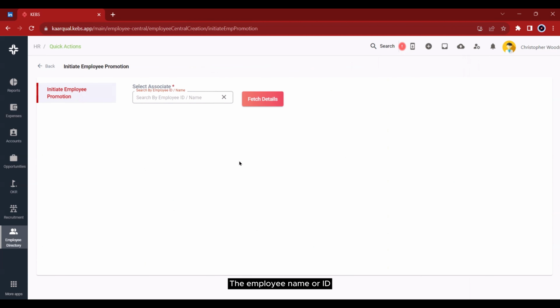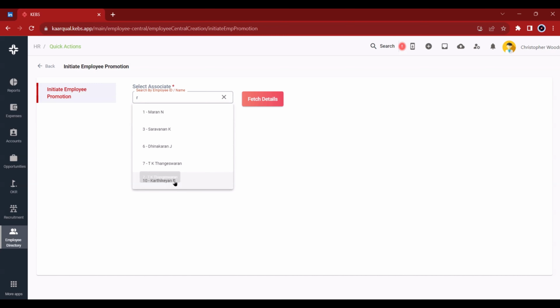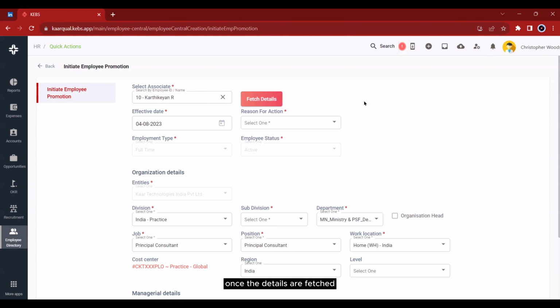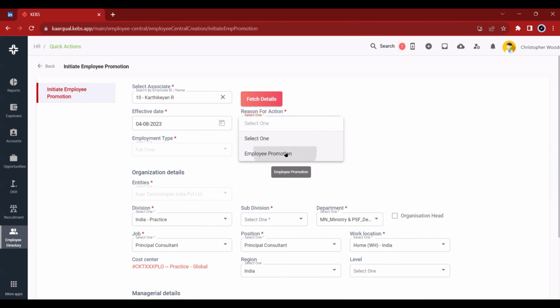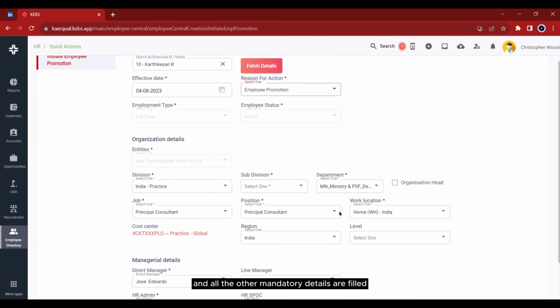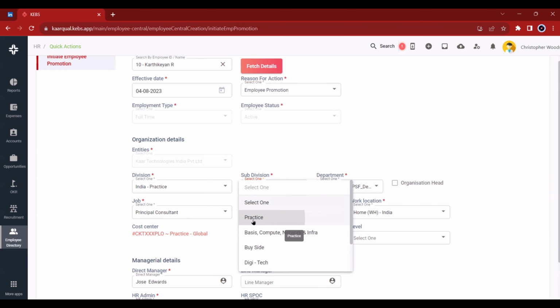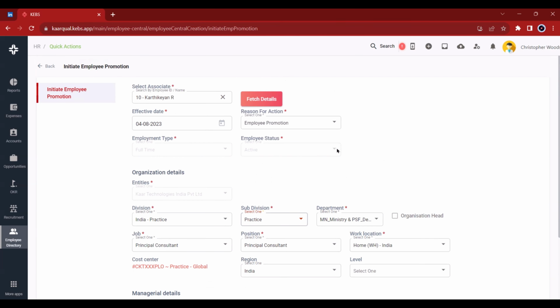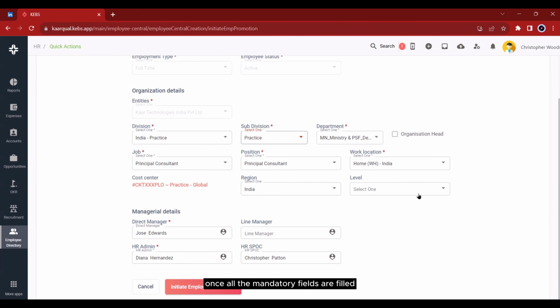The employee name or ID for whom the promotion is to be initiated can be entered. Once the details are fetched, the reason for action is marked and all the other mandatory details are filled. Once all the mandatory fields are filled,